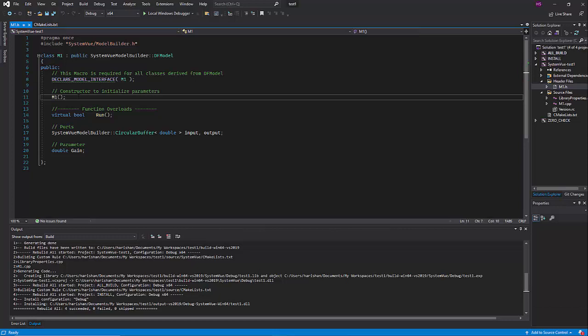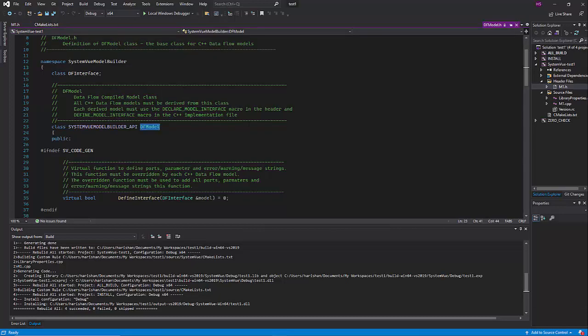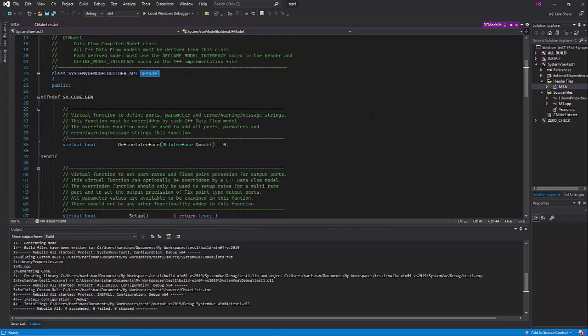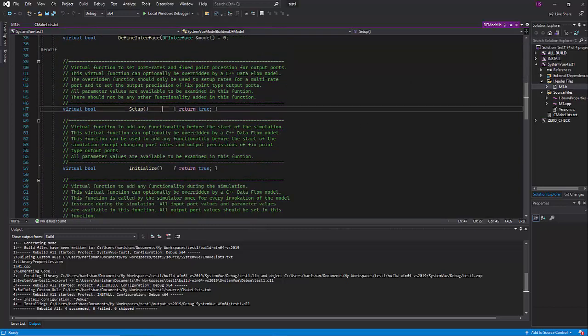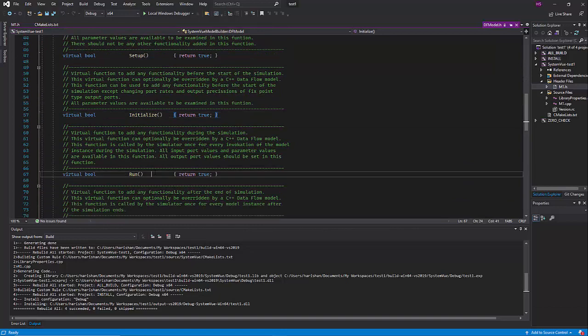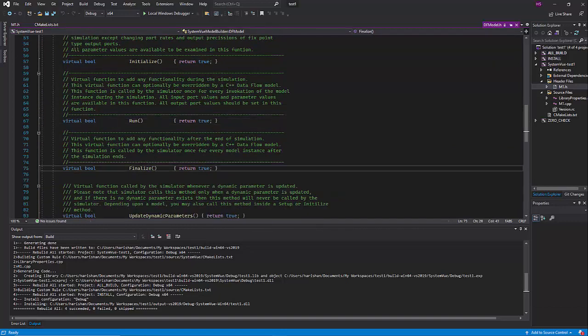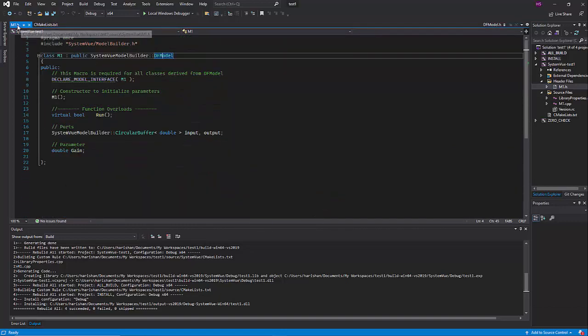By default, a constructor, a virtual method called run, an input port, an output port, and a parameter called gain are declared. The run method is where the computation gets done, and it is called by the simulator. There are other virtual methods which will be called by the simulator, and they are defined here. The methods are setup, initialize, run, and finalize. This simple model does not need them all, but we will see some of them when we create a more